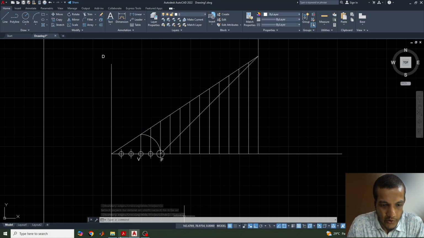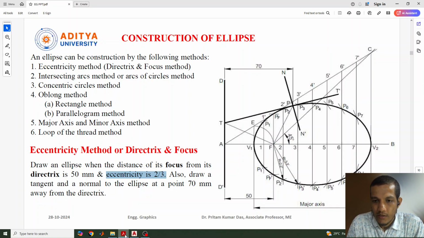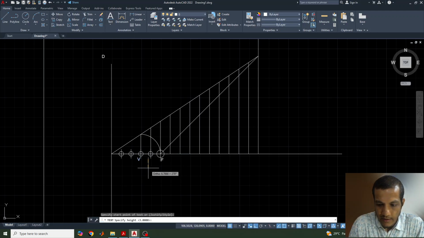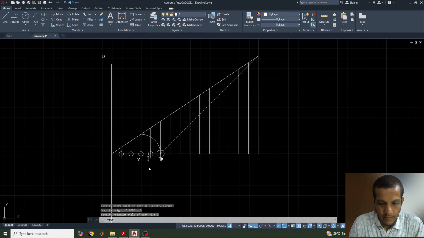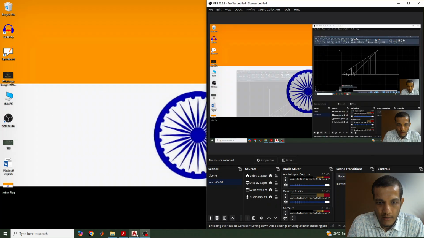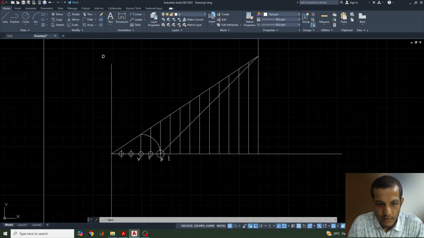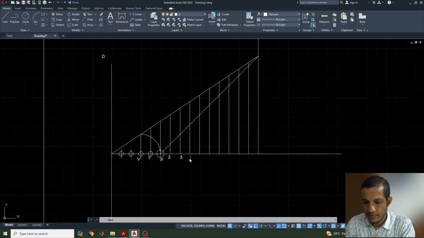Next we need to start drawing the ellipse from each point. So what we'll do, we need to draw the circle from the first point. We need to give the point here, let's give the text, single line text here, starting from here 1, then second point, focus point, leave it. Now we'll go for the second point here, and here 3. Continuously we can give the points up to the last one, 5, 6, then 7, 8, 9, 10,